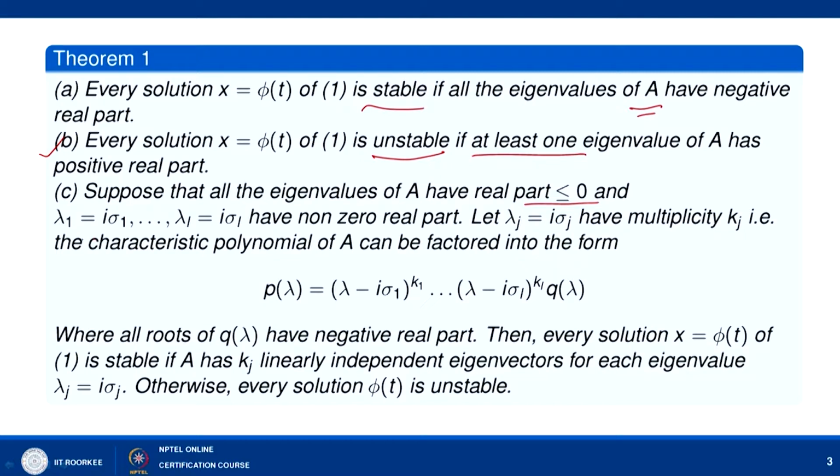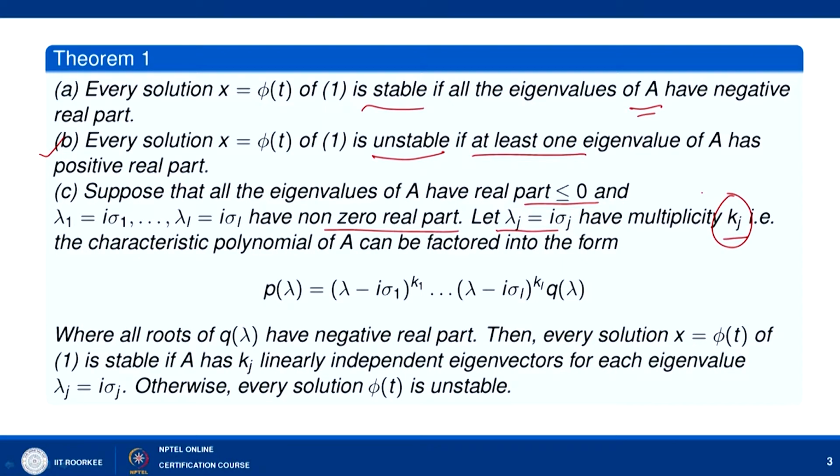So, let us say that lambda 1 is i sigma 1 and lambda L equal to i sigma L. These are some eigenvalues with 0 real part. So, let lambda j equal to i sigma j have multiplicity kj. In the case when the real part is 0, we have to look at the algebraic multiplicity and geometric multiplicity. If the algebraic multiplicity is kj, it means that lambda j is a repeated root of the characteristic equation of multiplicity kj,